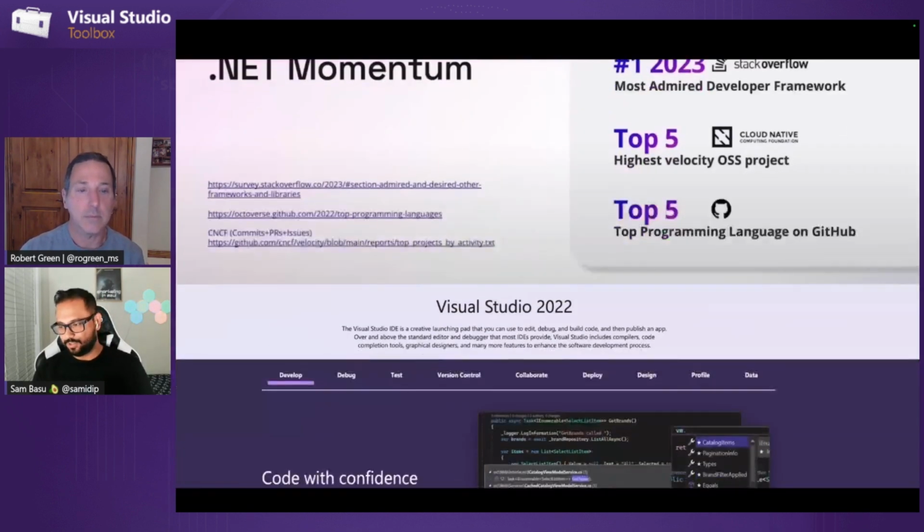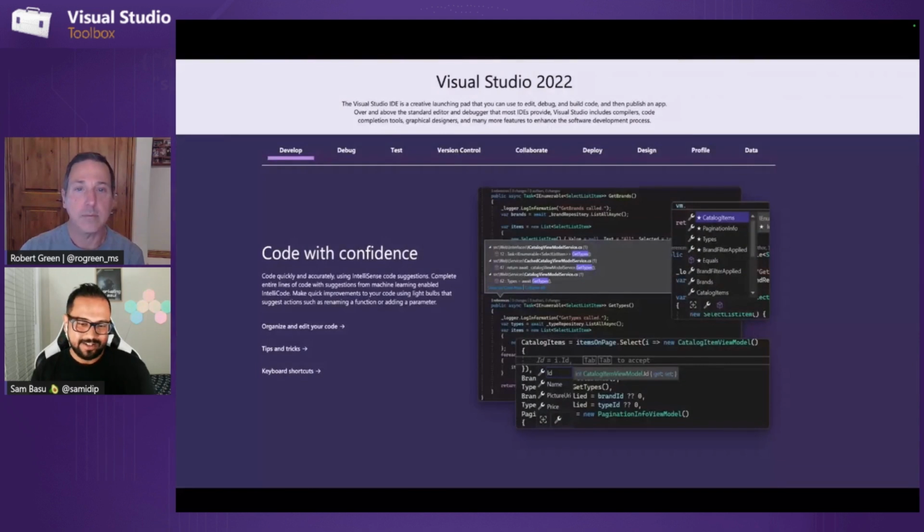Let's talk about our tools here. Again, these are the bread and butter for .NET developers. Visual Studio, it is one heck of an IDE. It is so rich, so complex, and so powerful. But again, it can be very lightweight as well. If you are just doing one type of app, then you get your one type of workload and off you go. But this is Visual Studio, mostly on Windows. And we'll talk about the Mac and Linux side in a second, but you have so much of